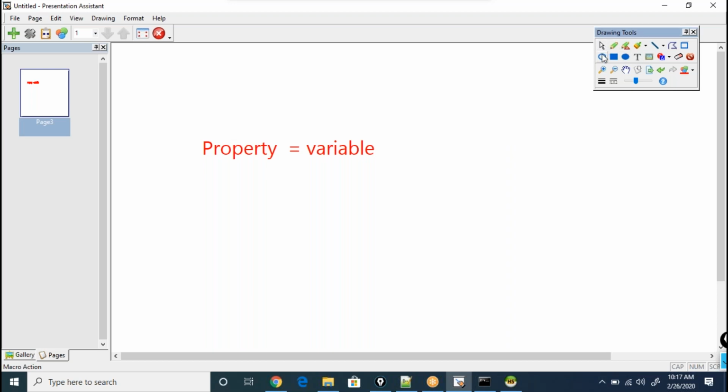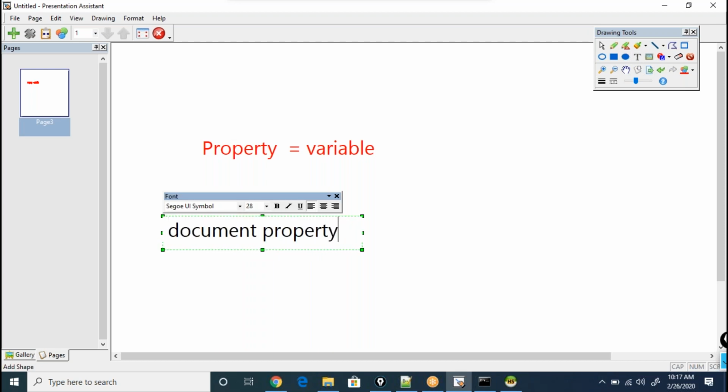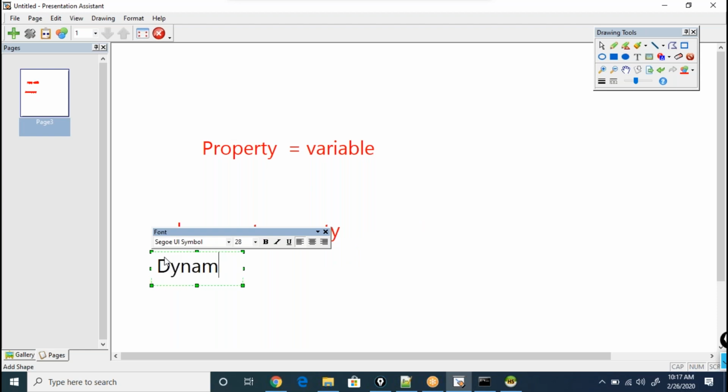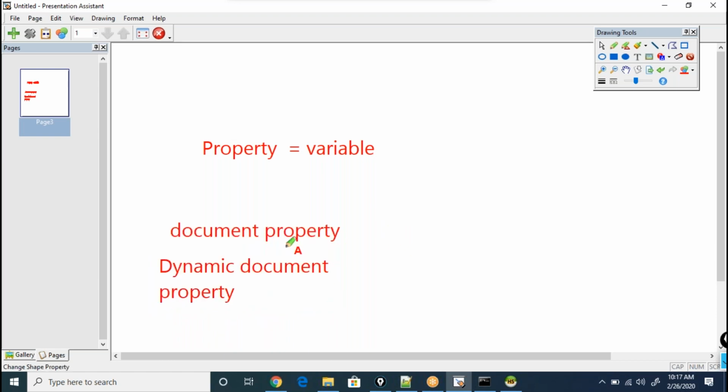So here we have two different types of properties. One is the document property, and the other one is the dynamic document property. So the main difference between the document property and dynamic document property is,